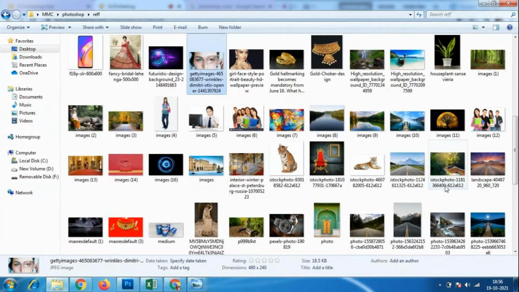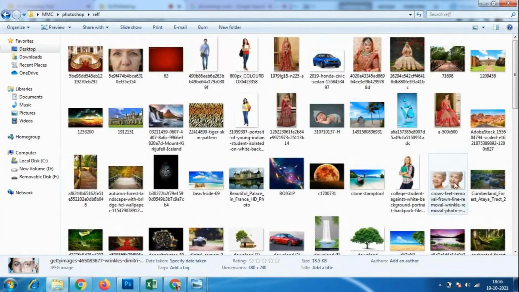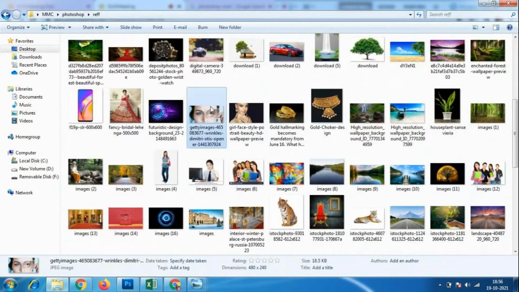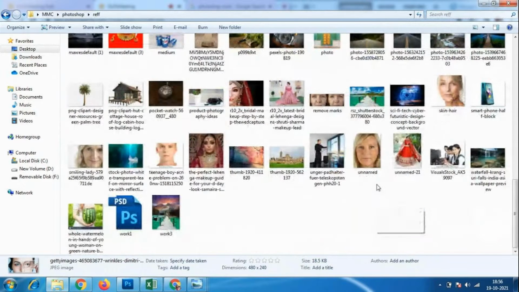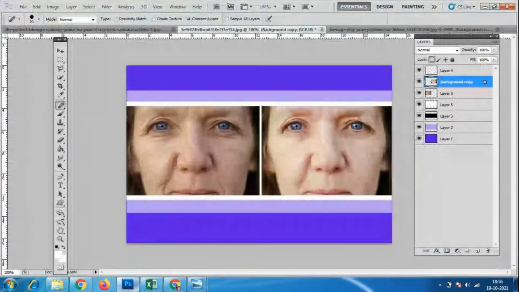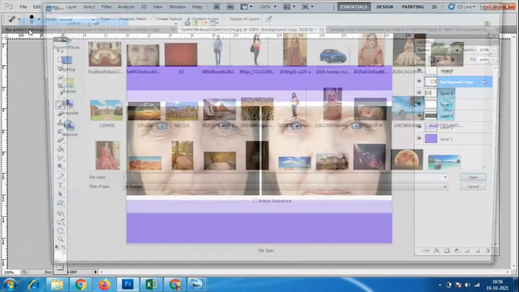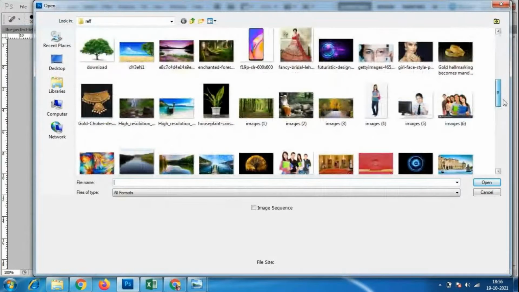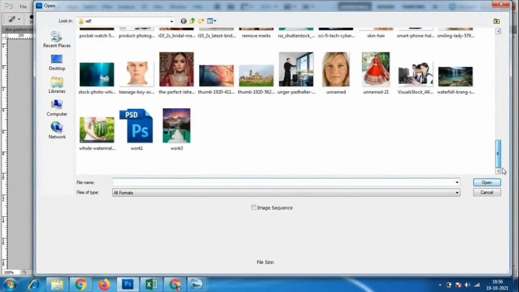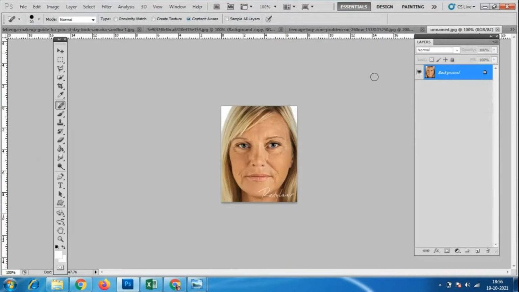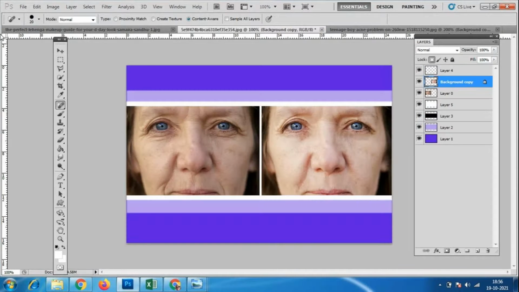I have one more image. This is a very small image.